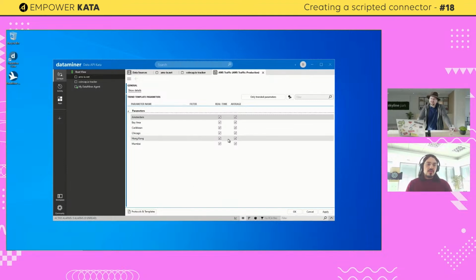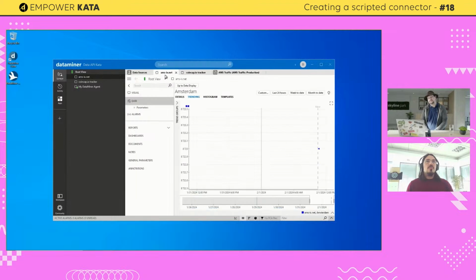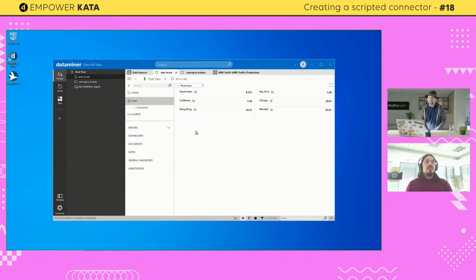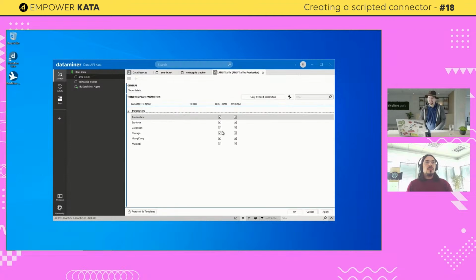But you can further tweak this. If you leave the default, we'll keep adding trending as new parameters are added. So this is another very powerful feature. If I decide I also want to add an extra tracker here, for instance for Lisbon, it would just be another parameter that appears here in the UI, and the trending would be automatically added.